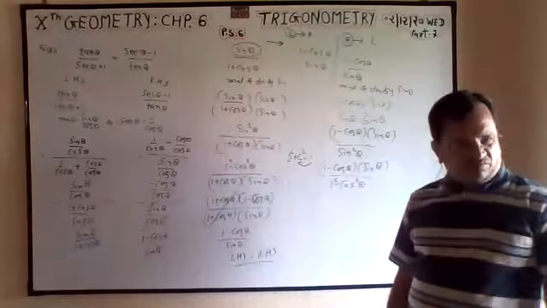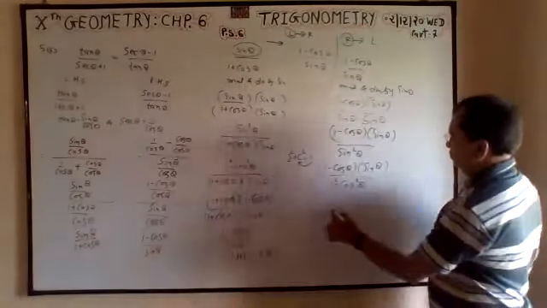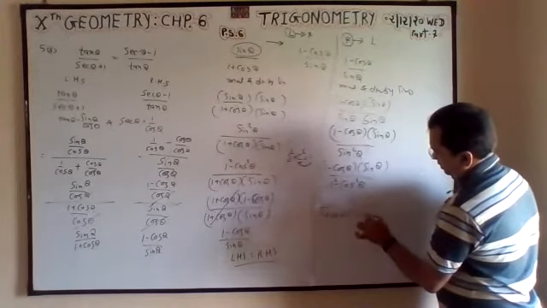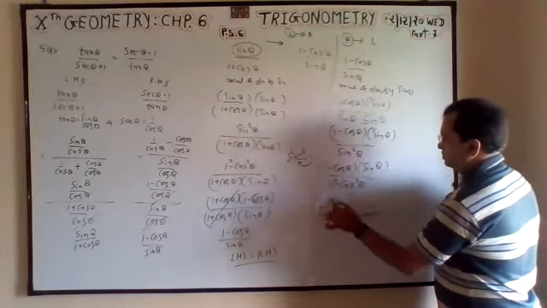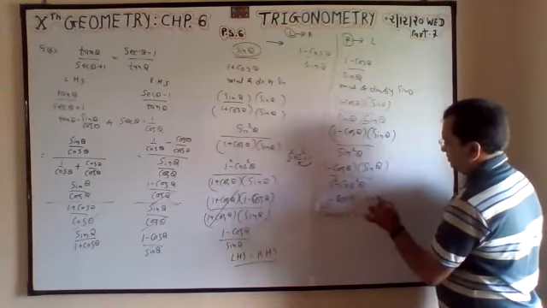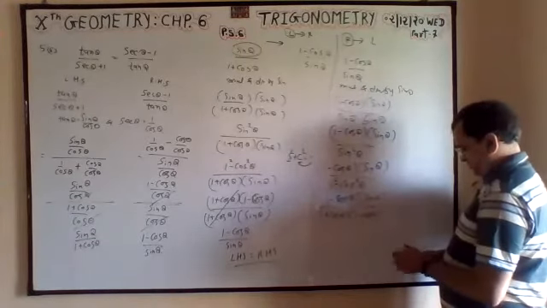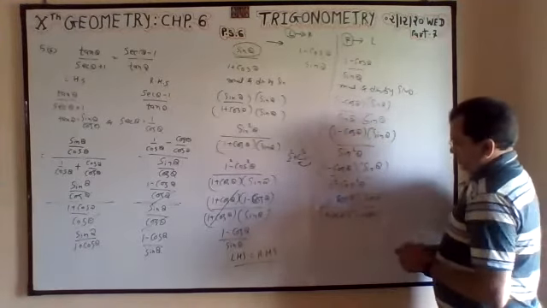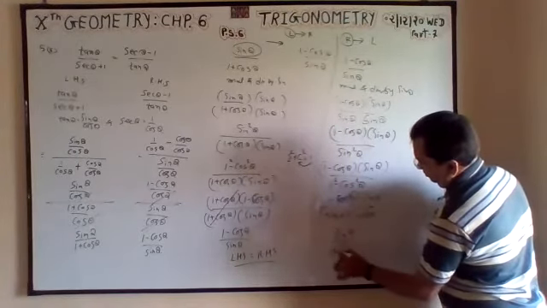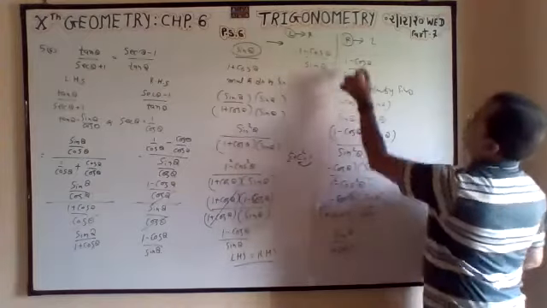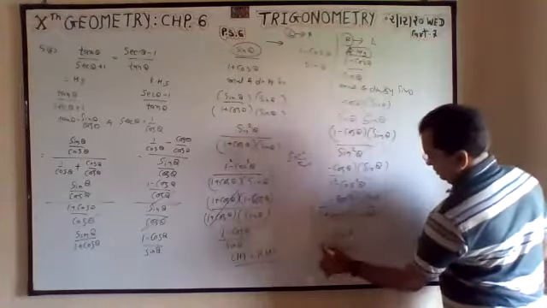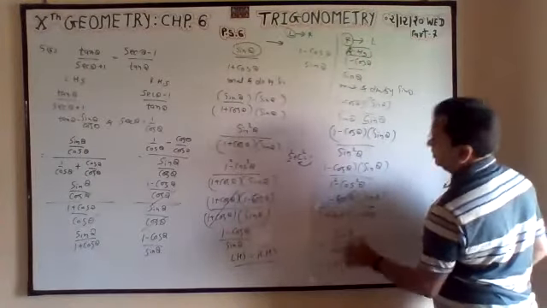1 square minus cos square is equal to 1 plus cos, 1 minus cos. This is 1 minus cos, sine. This time minus minus will cancel. So sine theta divided by 1 plus cos theta. So I have started with the right hand side, and I got it is equal to left hand side. Now I got this.